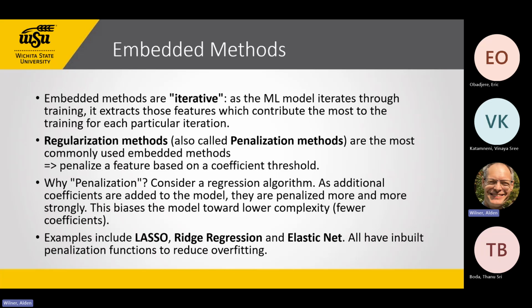It's using what we call a penalization method or a regularization method. In other words, we put a threshold on the coefficient and say if we fall below that threshold, we penalize the feature, right? Why do we call it a penalization? We consider a regression algorithm. If we're looking at feature selection, forward selection, we talked about Bayesian information criteria, BIC. We talked about adding more and more of a penalization to